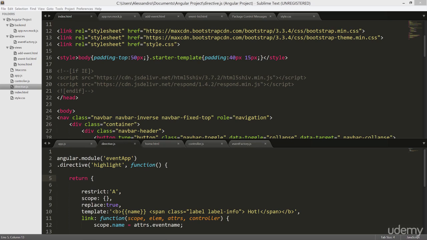Anyways, our directive is still dependent on one thing, and if you look at the code, you might notice what I'm talking about. Well, yes, it's still dependent on our Angular module EventApp. EventApp is our own application module. Therefore, if we take this directive JS and plug it into another application, that application will not know what